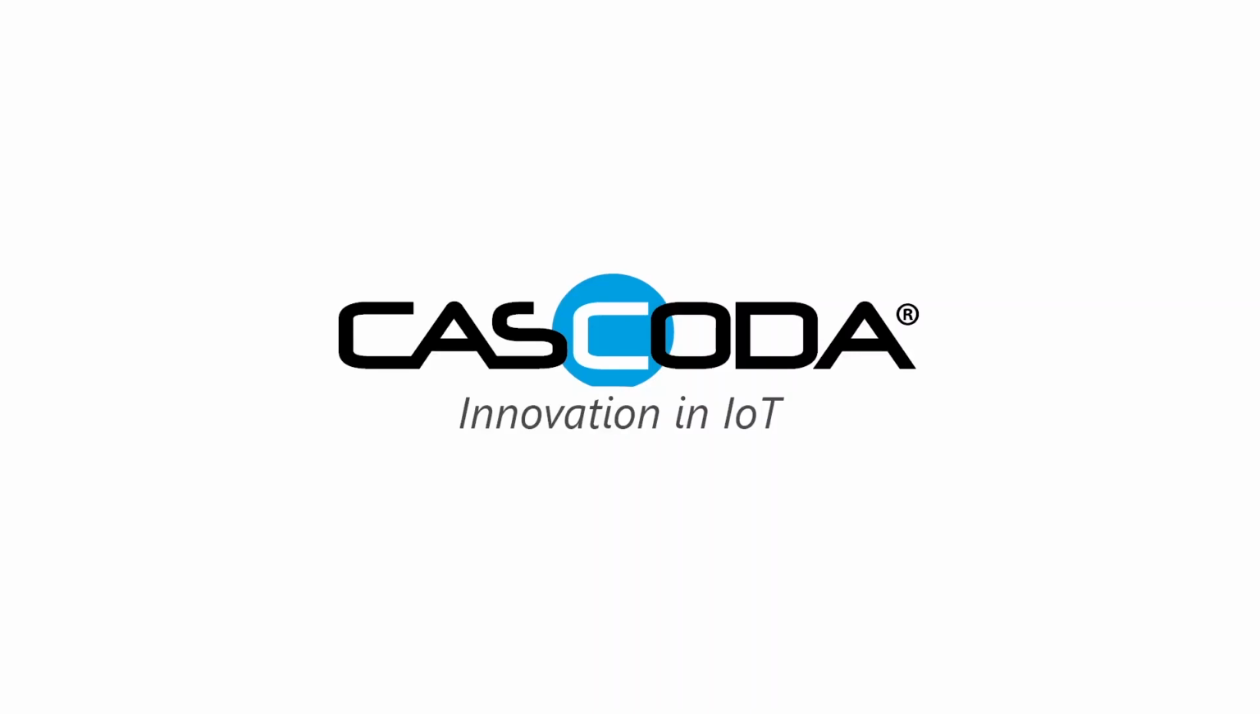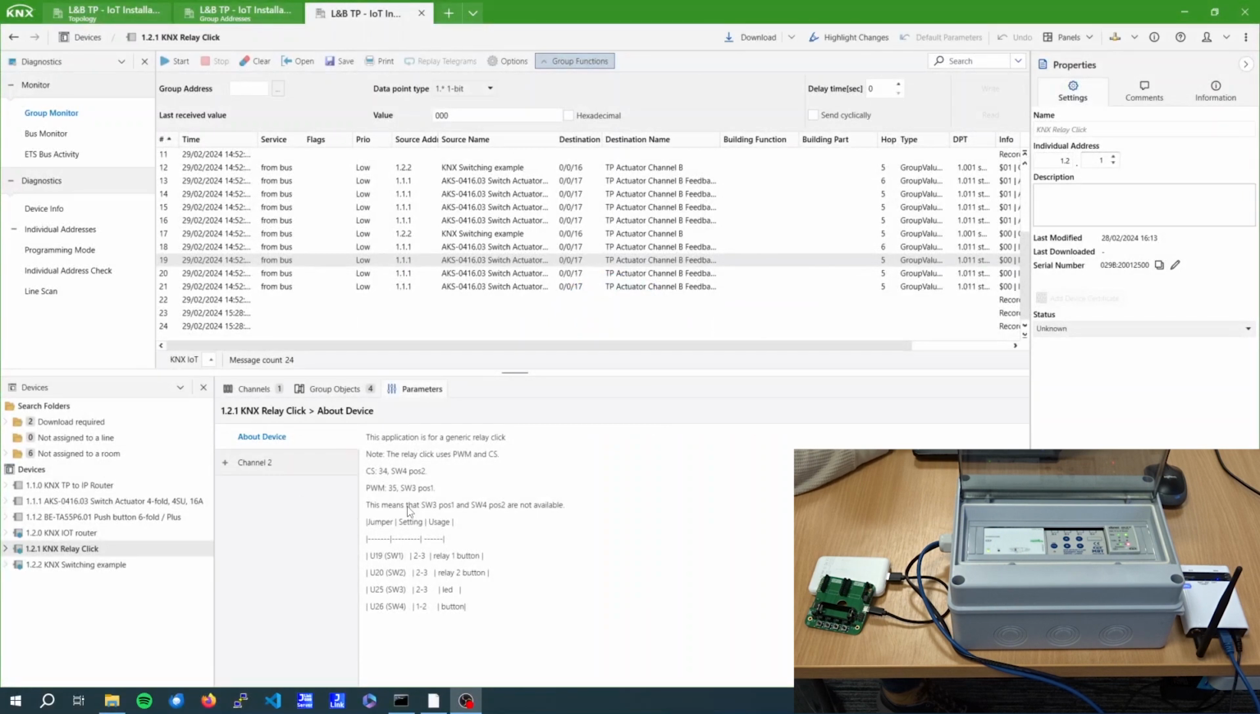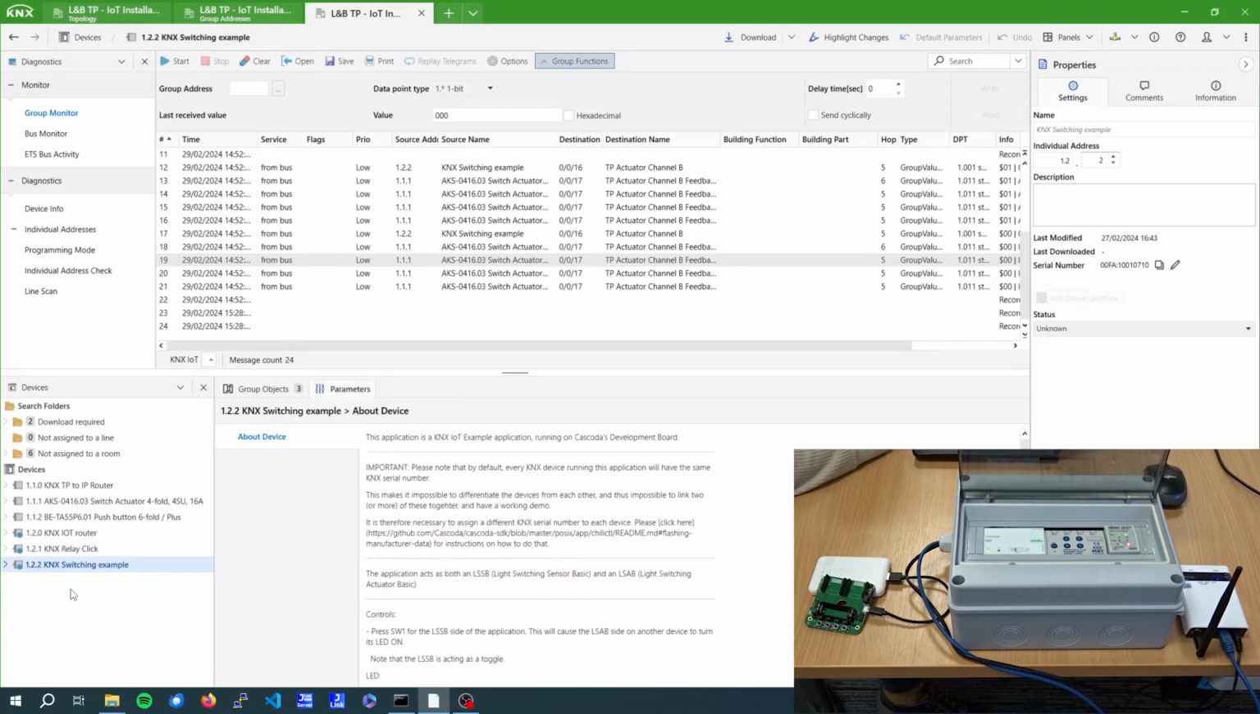Hello, this video will be demonstrating a basic example of a KNX IoT device communicating with a KNX TP device. So let's go over to our ETS installation. For the purpose of this example, we are going to be looking at a KNX switching device,